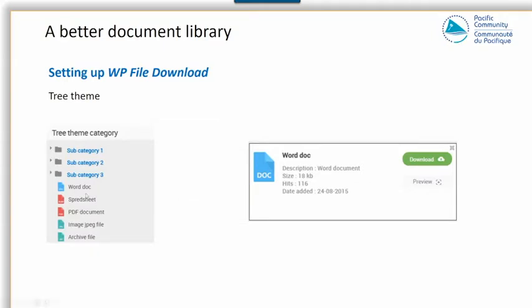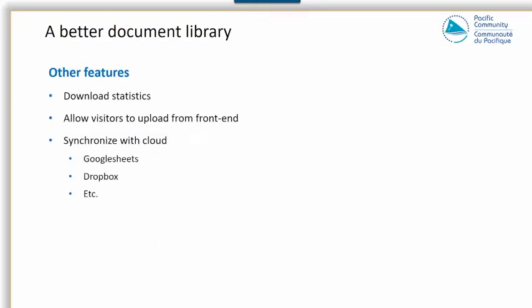Last but not least, the tree view. The tree view just looks like this, and you just expand each category or folder individually. It's good, but it doesn't give much detail on files, unless you click on them and you selected that option. When you click on one, you can have a pop-up that gives more information, description, the size, and so on, and options to download or preview. So you can do many different things with this plugin,